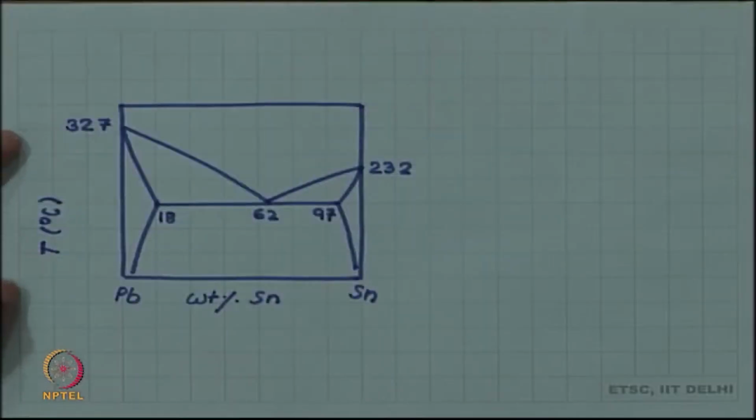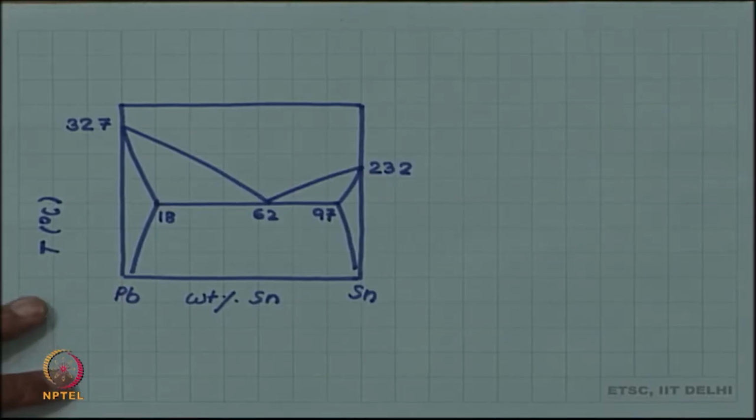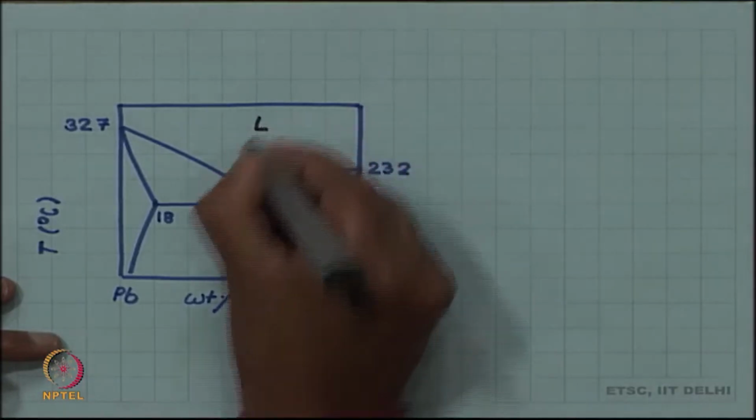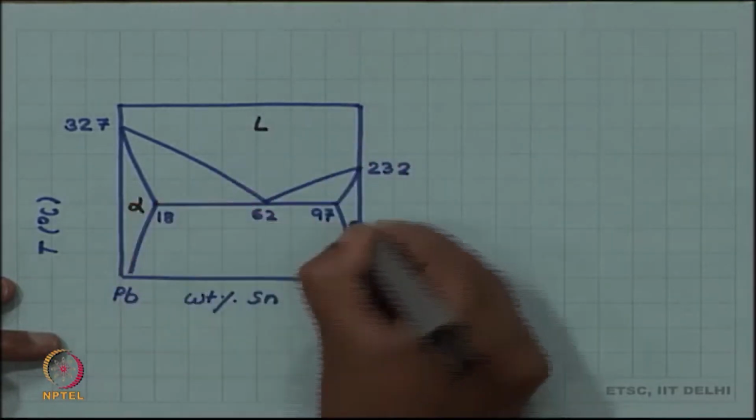Let us discuss a eutectic reaction. This is an important reaction associated with the eutectic phase diagram which we are discussing. Recall that we discussed as an example of eutectic phase diagram a lead tin phase diagram which is shown here. So, you have a liquid phase, you have two solid phases, two different solid phases alpha and beta,